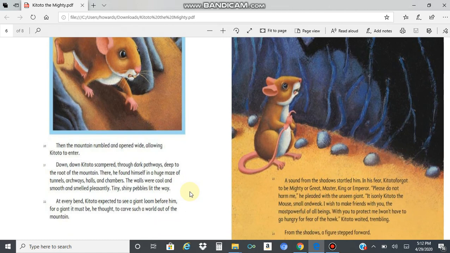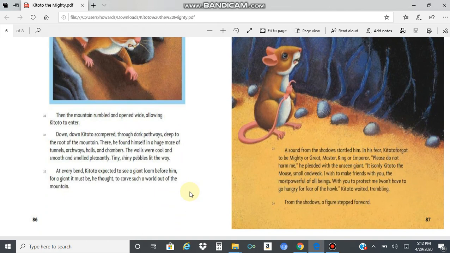Tiny, shiny pebbles lit the way. At every bend, Kitoto expected to see a giant loom before him. For a giant it must be, he thought, to carve